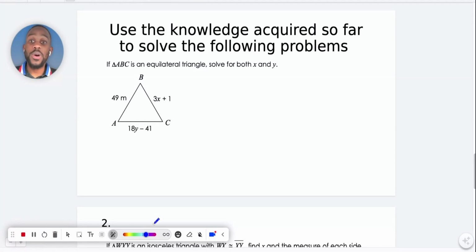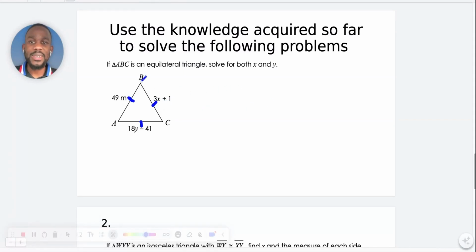So they're telling us to use the knowledge acquired so far to work out the same problems. So they're giving us a problem here and they're telling us if triangle ABC is equilateral. So at this point, you need to ask yourself, what do they mean by an equilateral triangle? We know equi means same, equal. So if this is an equilateral triangle, what they mean is all sides are equal. Like this side here is equal to that side there. So they want us to solve for the value of x and y. All right, so meaning this side BC is equal to the side AB. So that means 3x plus 1 should be equal to the side 49